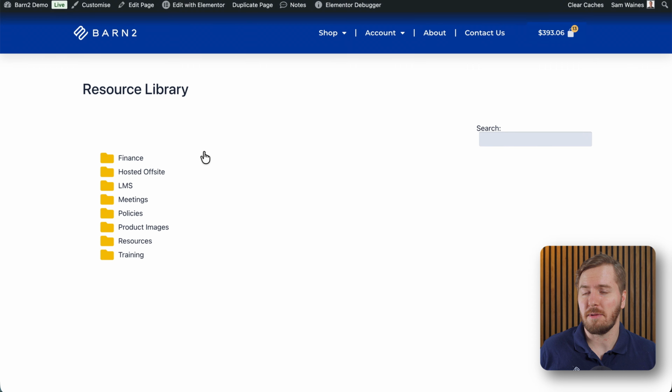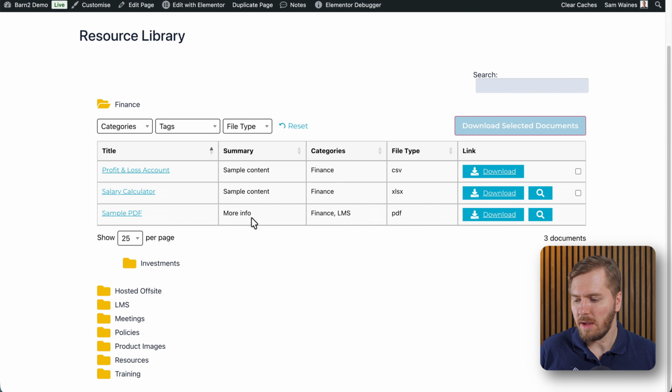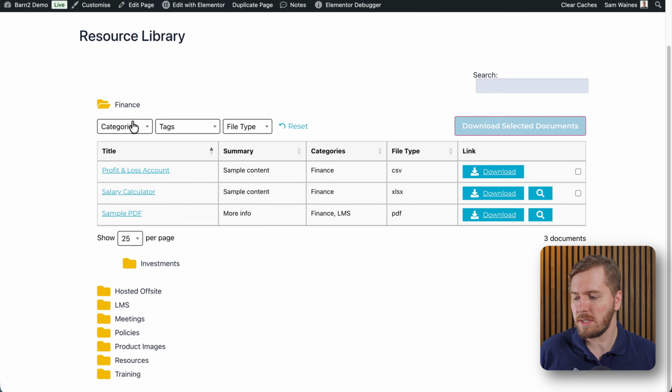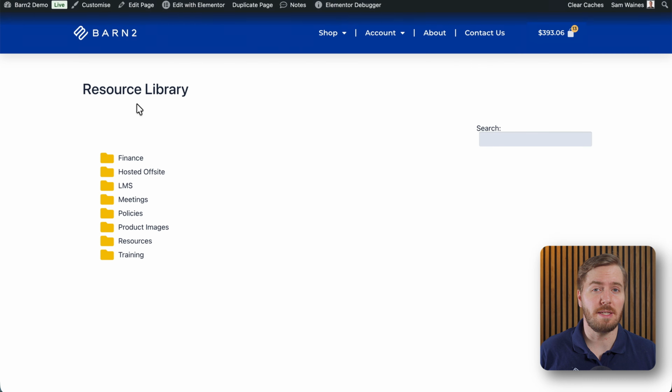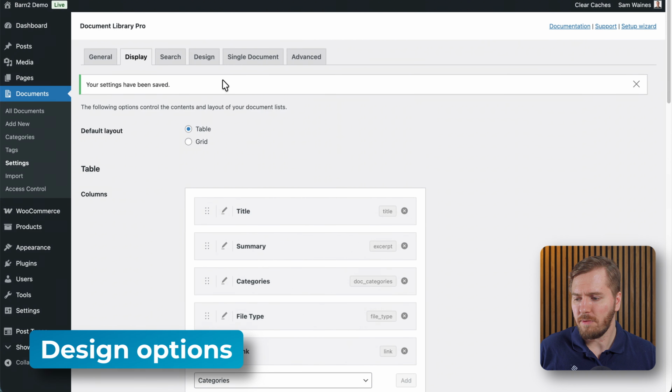Now you can see the table's gone, but when I click on a category, you can see either subcategories or the table will show up once I click on it. This might be a very useful way to set up your library in certain situations, but for other people, it might be better to see the whole table in one place without having to go through each of the individual categories one by one. So once again, I'll remove the folders and click on Save, and then we'll visit the